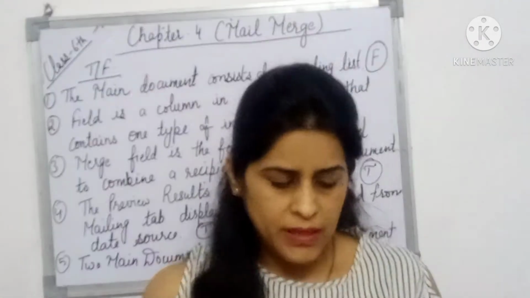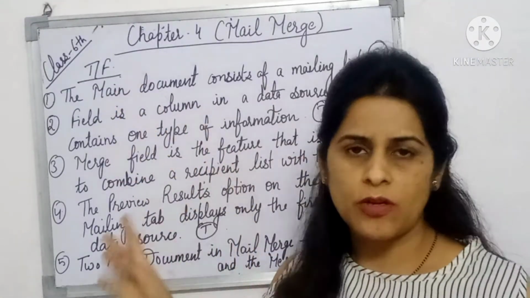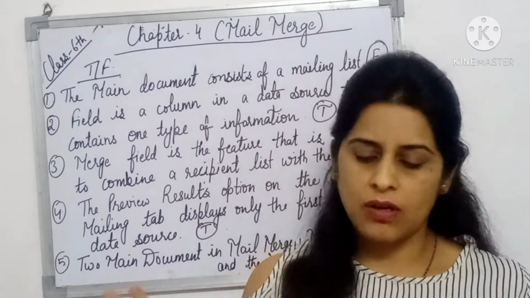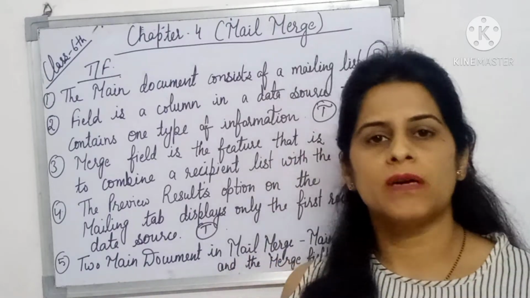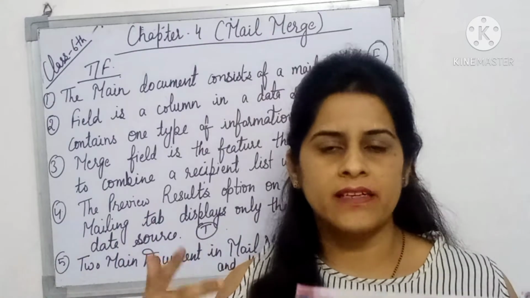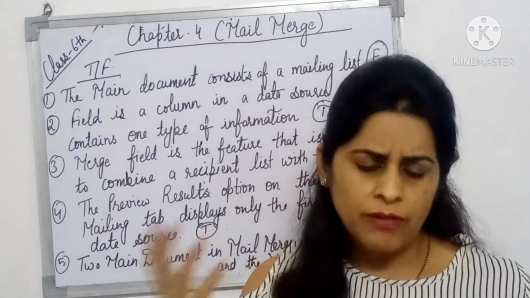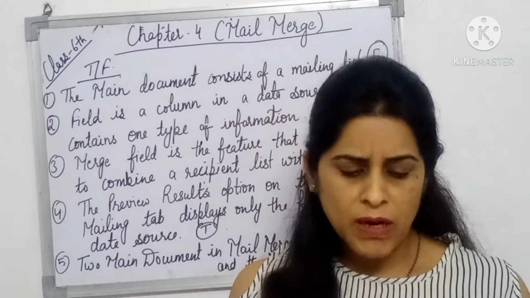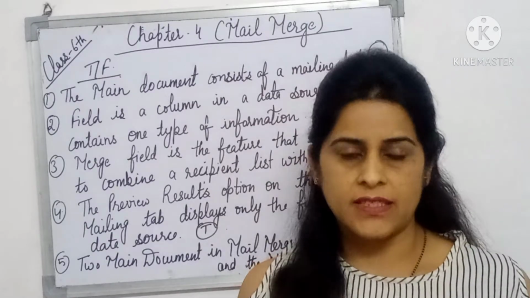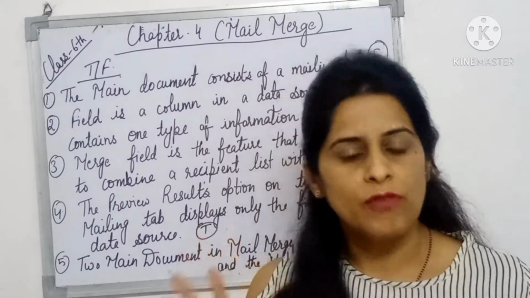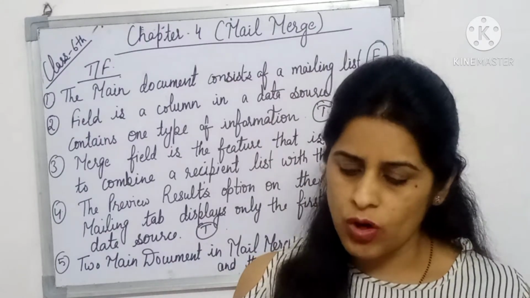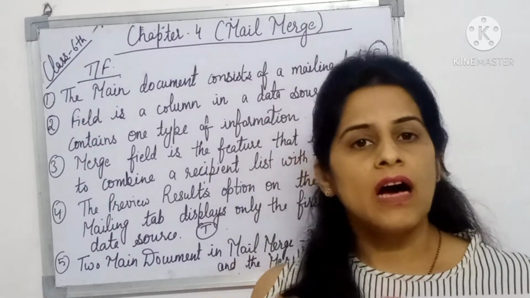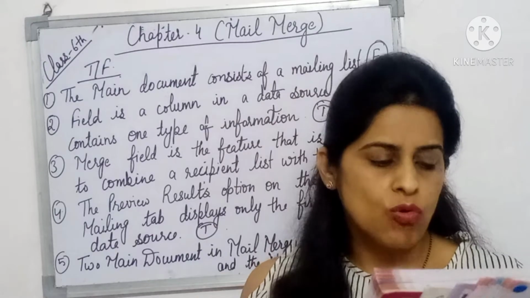Now I am reading the application based questions. I am not writing these complete questions here. First question is, Suchitra is an office assistant and handles all the correspondence work of the company. Correspondence work means when we are sending letters, documents, mailing, that is known as the correspondence work. She sends from one place to another. This month her company has made 5 new clients. Where will she add the contact list of these new clients while using the mail merge feature? Where will she store the information of these 5 clients?